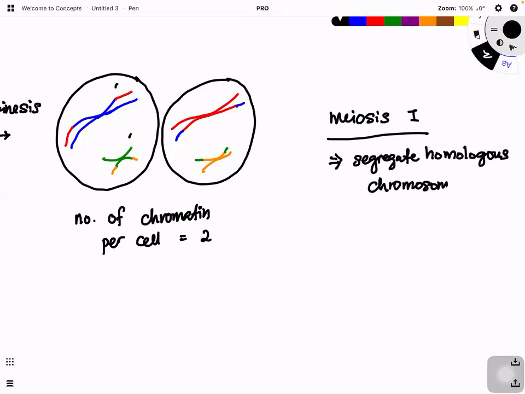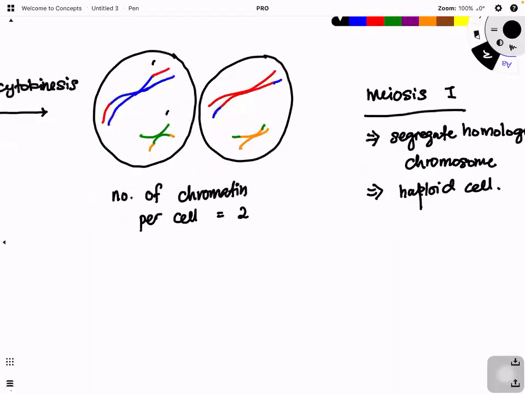So that means at the end of meiosis 1, you already get haploid cells. Correct or not? The number of chromosomes per cell is equal to 2. But if I ask you the number of DNA per cell, it is still 4. Correct or not? Because you have 2 sister chromatids per chromosome. So therefore, we still need to continue